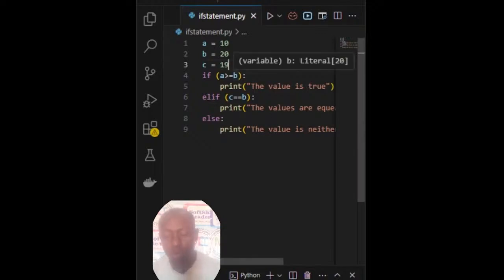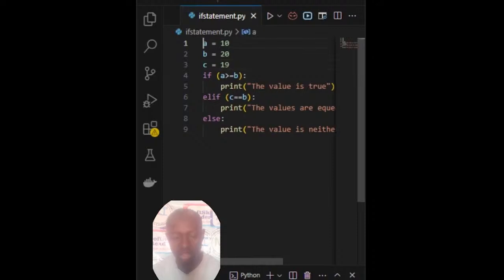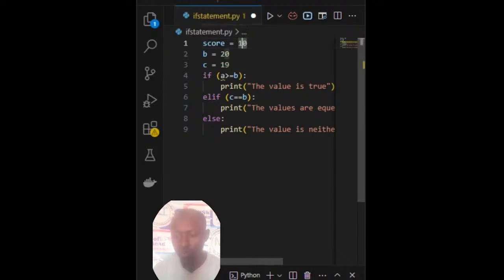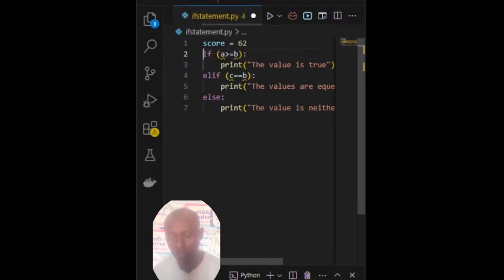So now we are going to use the if else if statement to write a real world scenario where the user is going to declare a variable with a score, and the system will be able to print a grade for him. So let's say here we are going to have a score, and this score could be 70, or the score could be 62 or 63. We are going to take these variables. So we are coming here to say